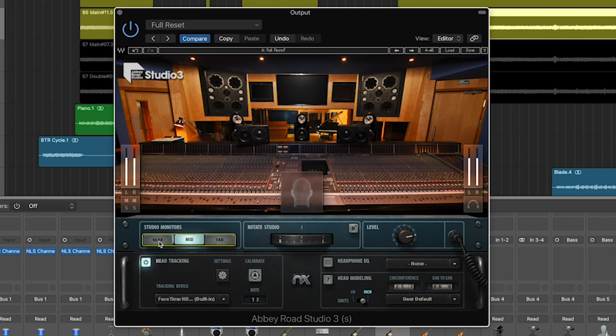And now we'll do the nears. And you can do the same thing with the head tracking off. I'm going to turn the tracking off, and then I'm going to rotate the studio around manually.